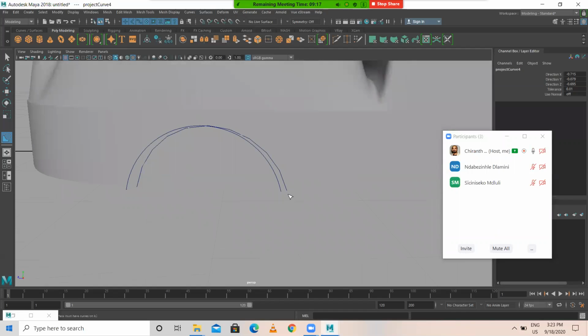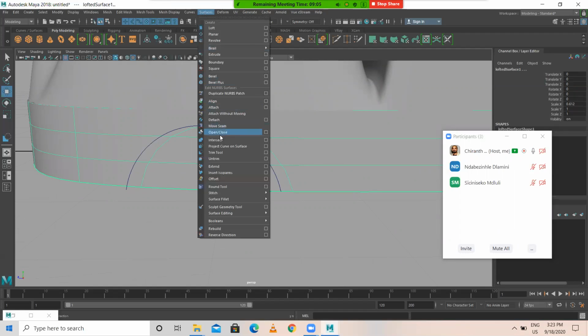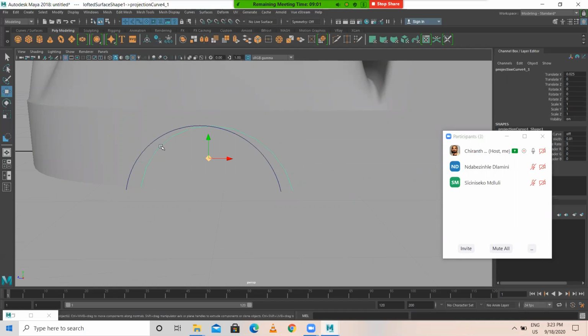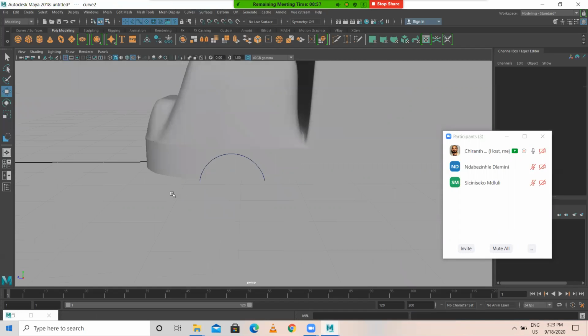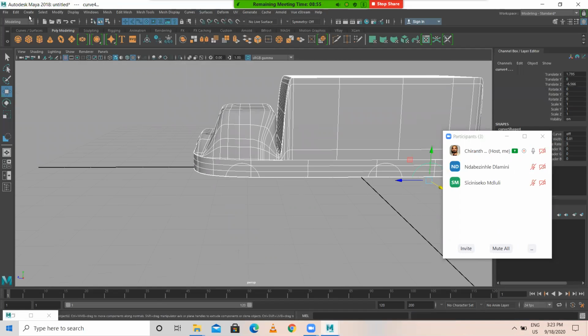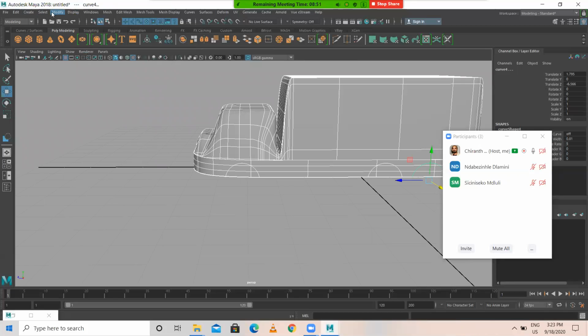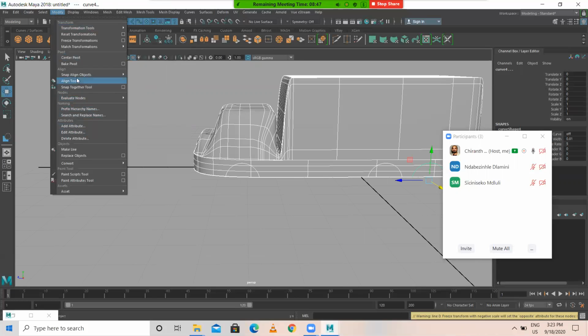Okay. I select everything, delete by type history, modify freeze transform, modify center pivot.